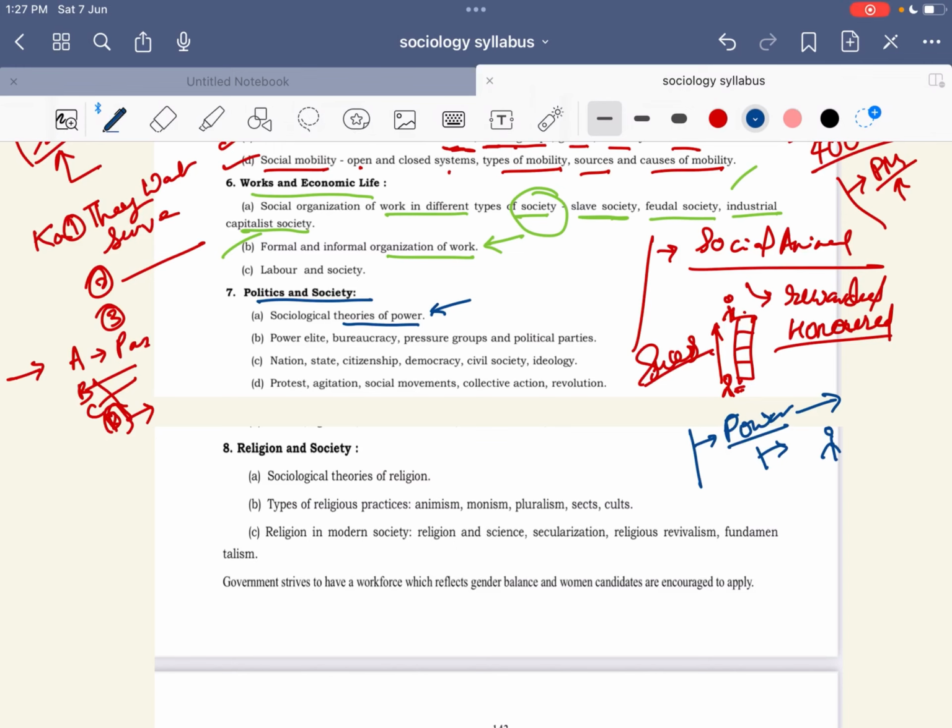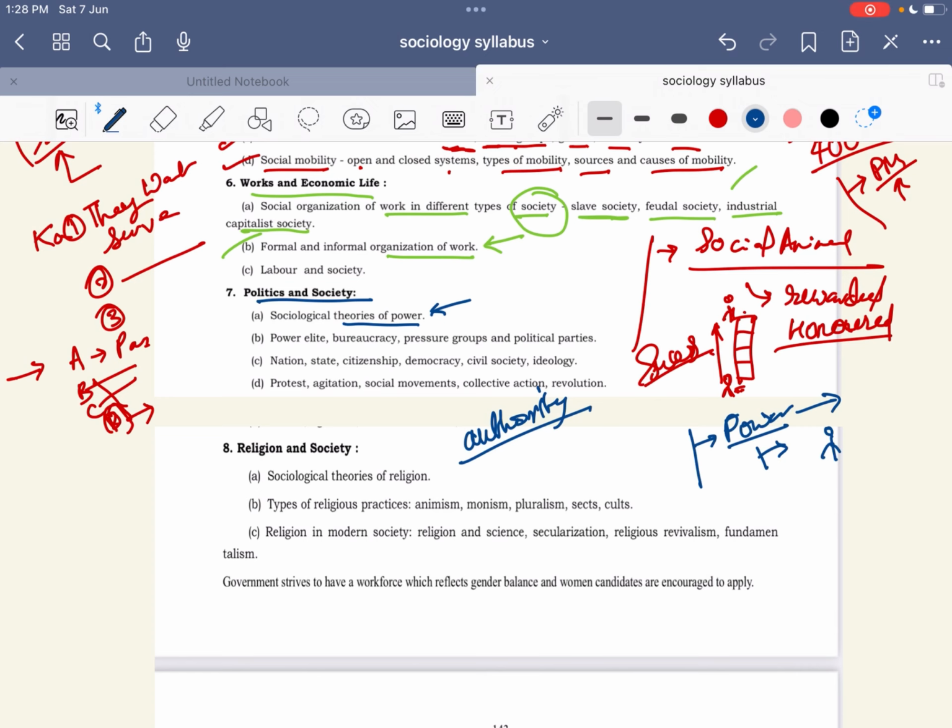Understand what I am telling. Power is nothing but, irrespective of the will of others, you impose that decision on them. Okay, that is power. But there is another word, that is authority. Authority is different from power. Now what is authority? Authority is nothing but legal power. And with authority there comes limitation. Okay, so what is authority? It is a limitation on the power.